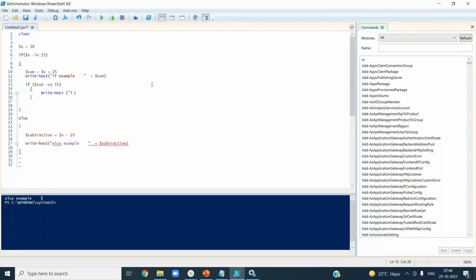I want to send it to... I'm just writing some logic. In real time it will be something else, right? Okay, if sum is not equal to 55, what do you do? You can go to the else part as well.